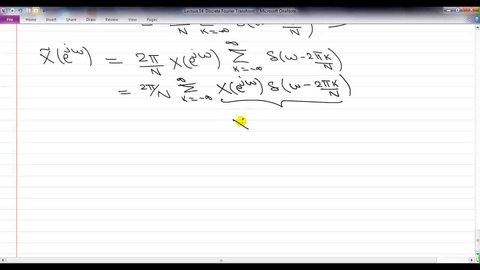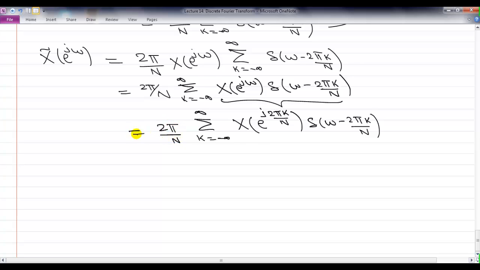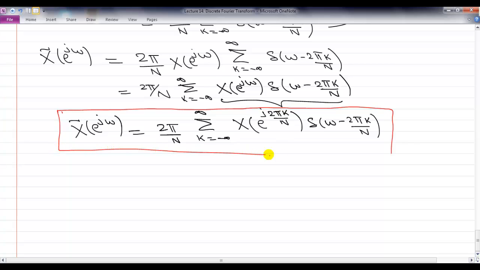So this thing is simply X of e to the j 2 pi k over N times delta of omega minus 2 pi k over N. So we have computed the discrete time Fourier transform of a periodic signal,